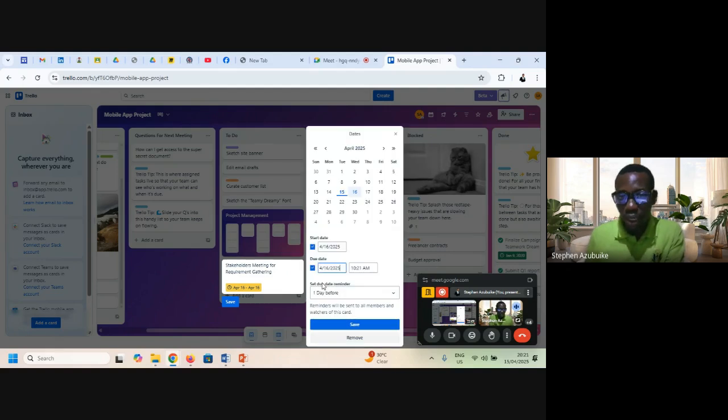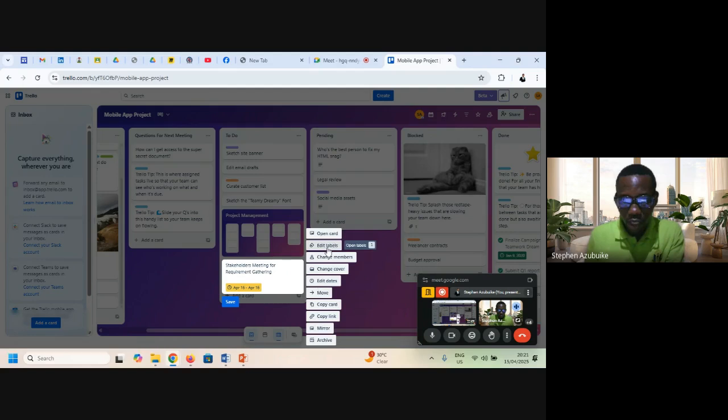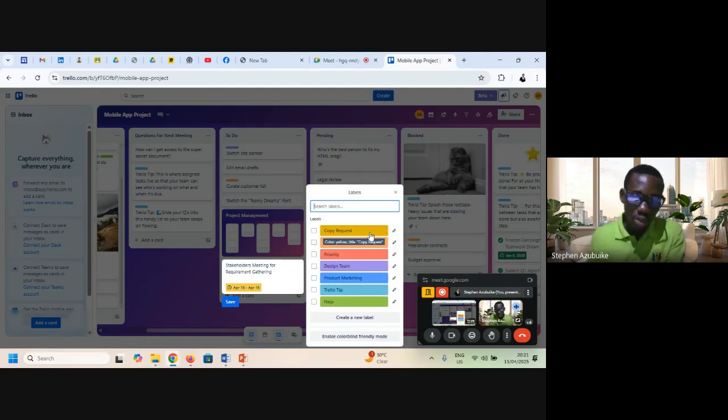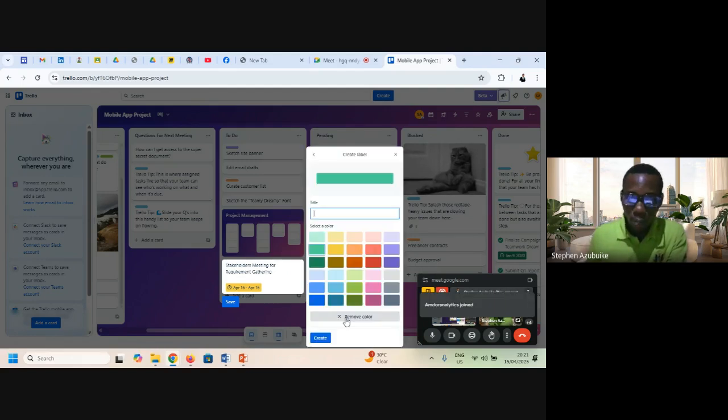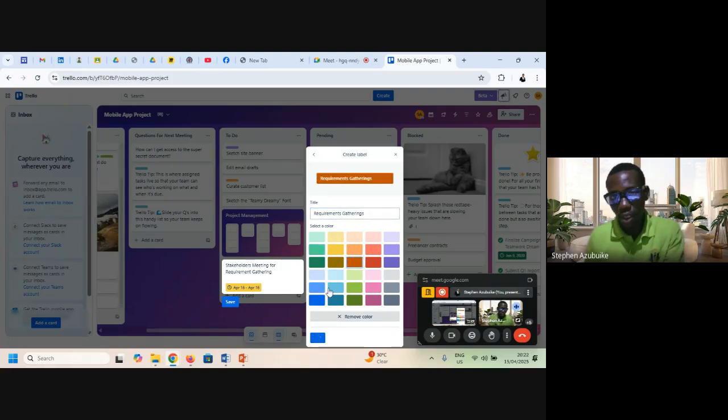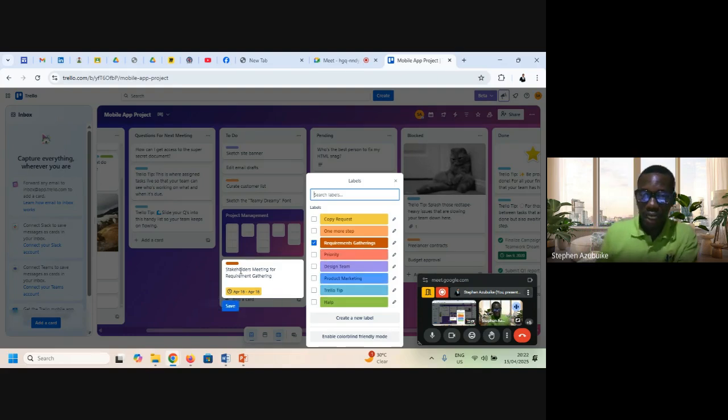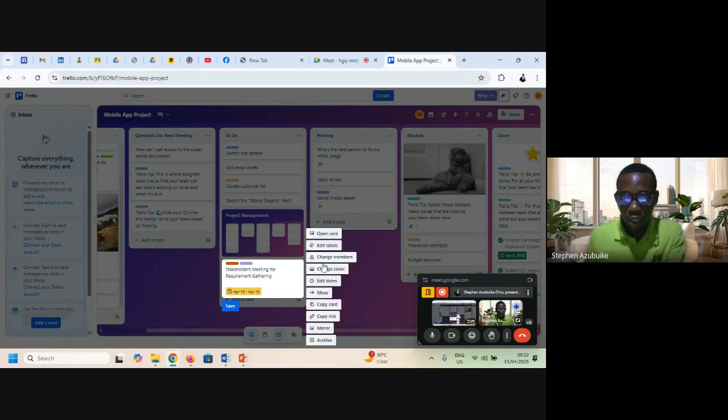I want to edit label. Where is my label? So which label am I having? Create a new label. I can call this word requirements. Requirement gathering. Create. So this card now is requirement gathering. I can say, okay, design team is also there. I've done that. I've added a label. If I save this card,